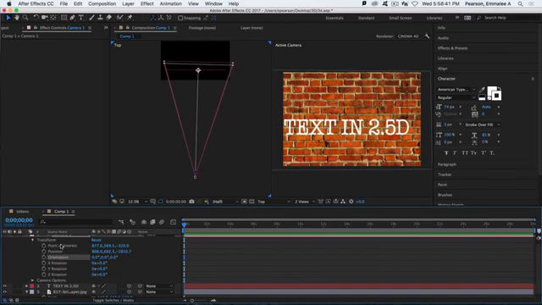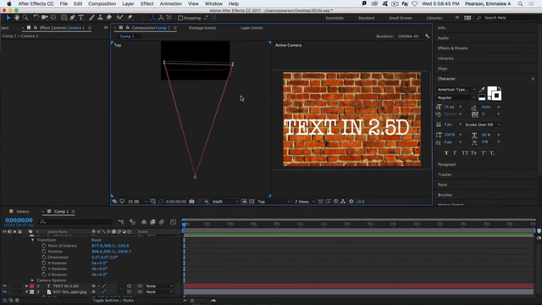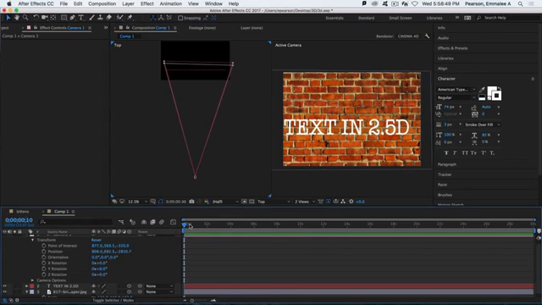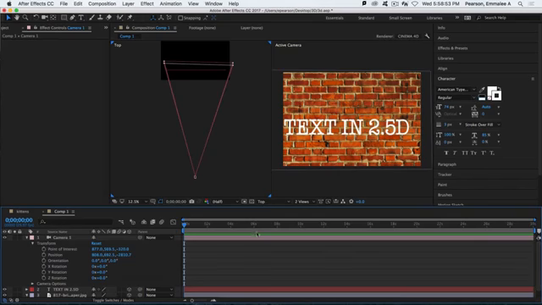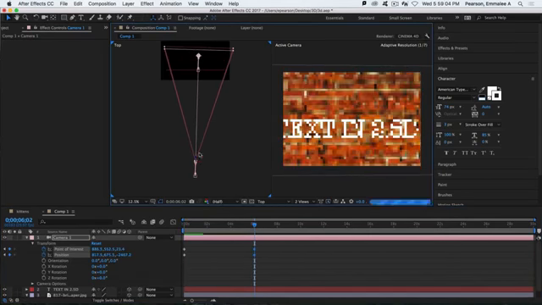For animation, I actually usually just turn on the stopwatch for position and point of interest. That's normally all you have to do. And we're not going to see too much depth with this, just because we have just 2 objects. But if I wanted to do a really basic animation of using the camera, let's just say I wanted to do a little rotation, I would set the stopwatches for point of interest and position, and then I'm just going to move forward in time, and let's say I want this to zoom in a little bit,